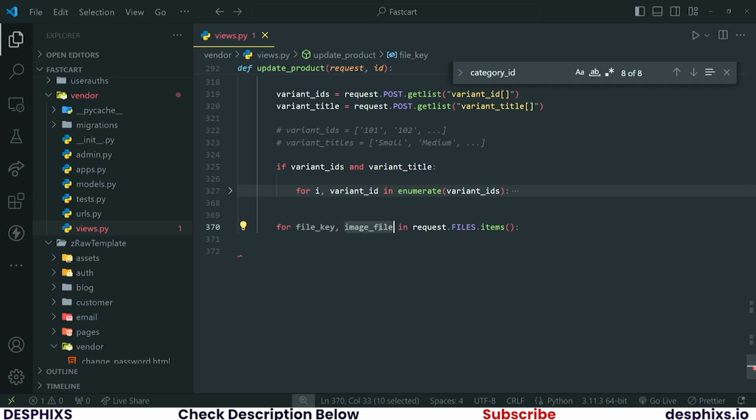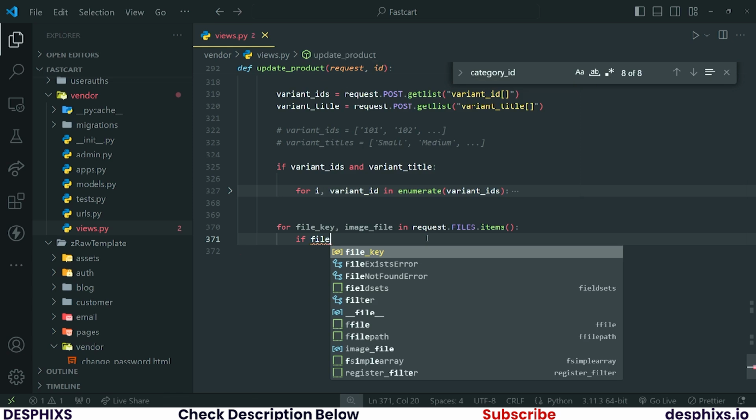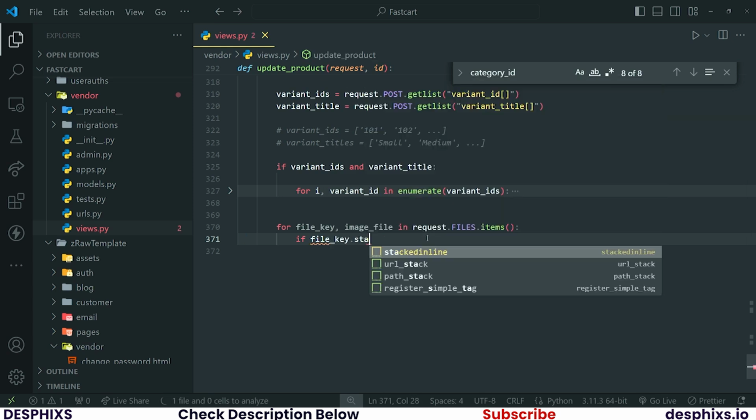And the image file is kind of like the actual image object, which is the image that was uploaded. Okay, the image that can be seen. But the key is just the way we used to identify the actual inputs. Okay, so over here, let's write a very tricky code that says if file_key.startswith